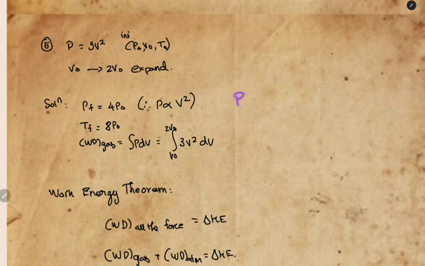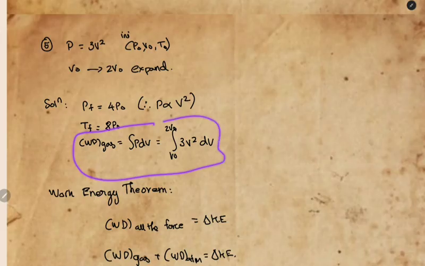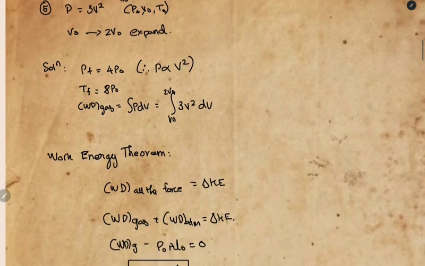sorry, not that equation, apply in P. I'm just messing it up. So basically P is equal to 3V square, right? 3 is a constant, so just remove it. P is directly proportional to V square. So in that case I can tell P final will be equal to 4 P naught, right? Similarly, temperature final will be equal to this multiplied by this, which is equal to 8 T naught. So now it is easy to find work done by gas, same formula P dV, and integrate and apply the